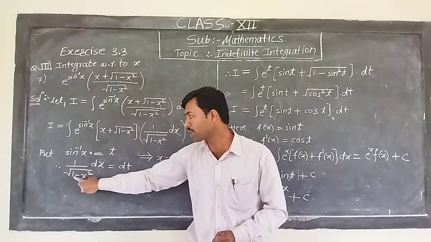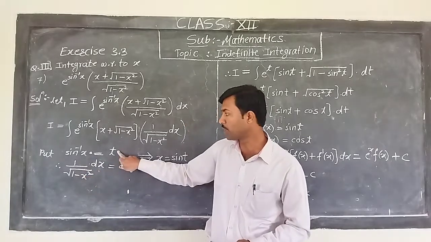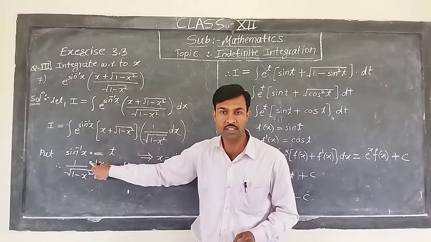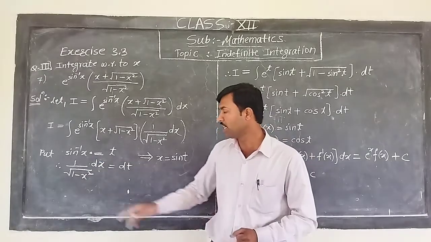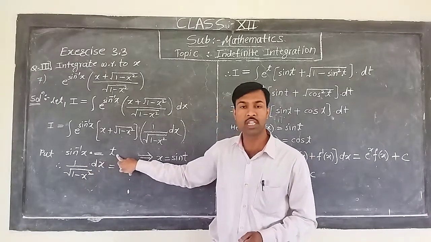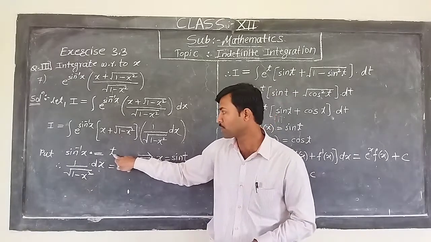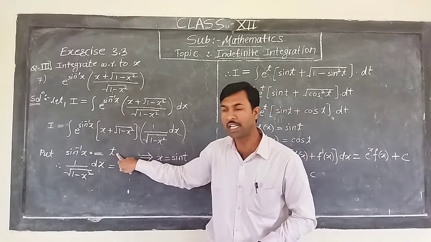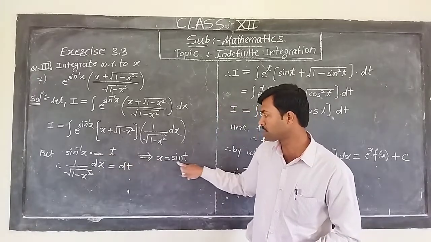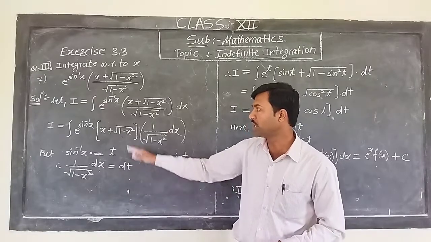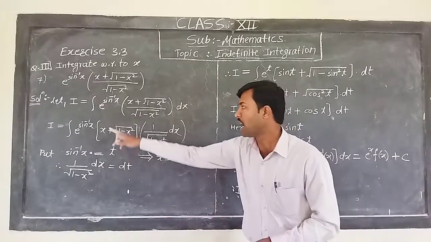Now substitute sin inverse x equal to t. Therefore the derivative of sin inverse x, which is 1 upon under root of 1 minus x square, equals dt upon dx. This dx is taken to the left hand side. Also, since sin inverse x is equal to t, taking sine of both sides gives x is equal to sin t. After replacing both these values in this equation, we get I is equal to